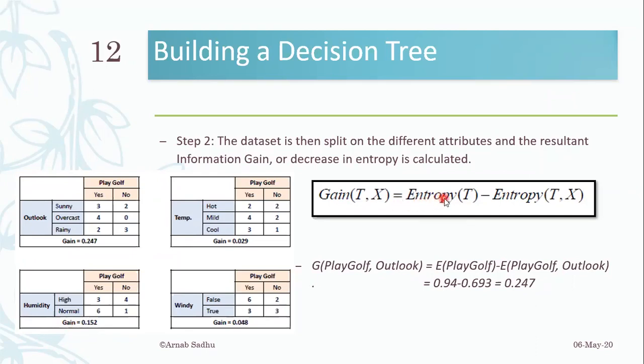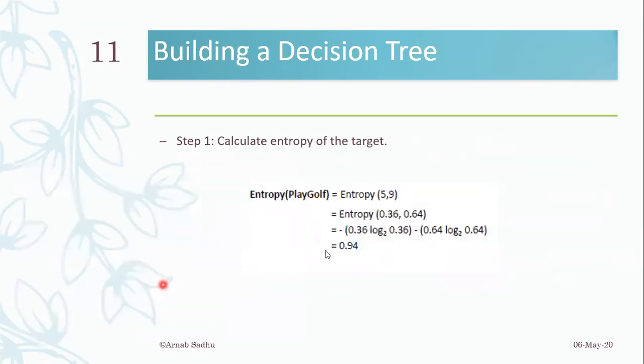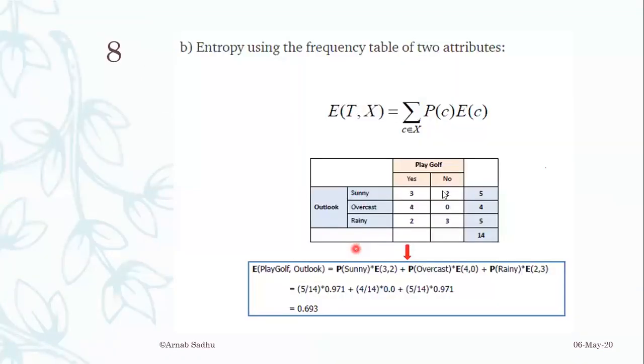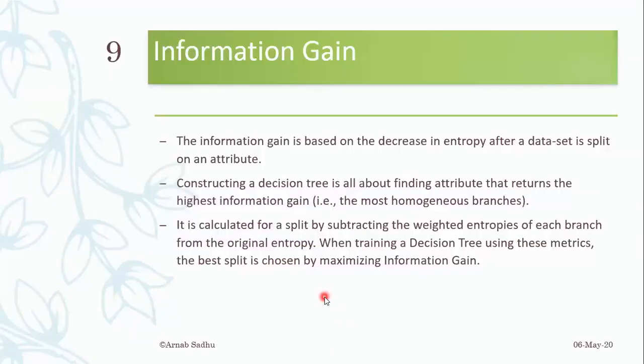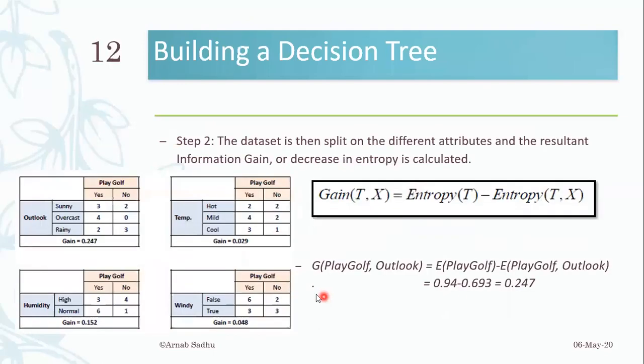Sorry, these are the gains that have been shown there. Entropies are not shown. The gain has been shown. You can calculate the entropy eventually like this. Here we had an entropy of 0.693. You can calculate the entropy for this table, that is the temperature table. What will be the entropy here? This is 6 and this is 4 again.